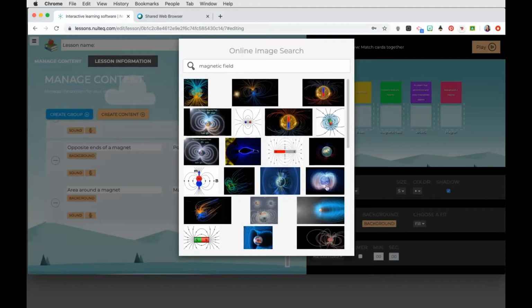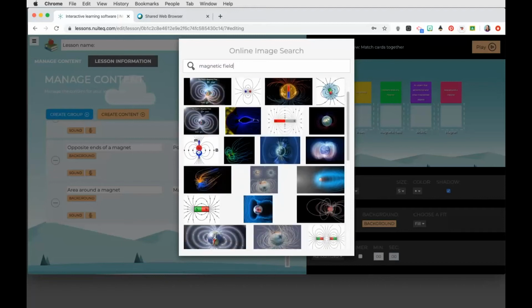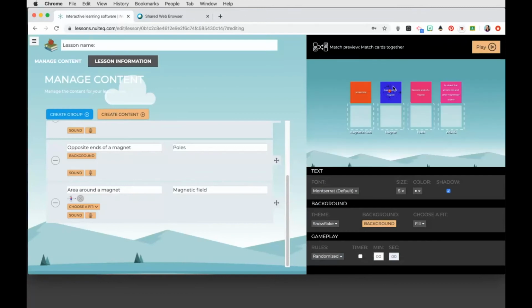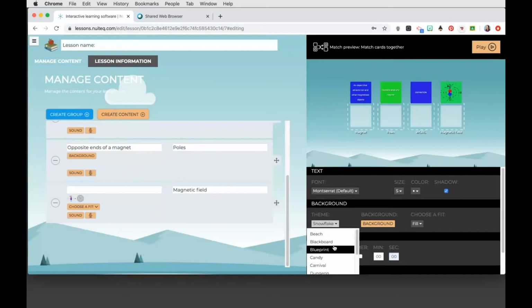Once I find one that I'm happy with, let's look at that one. Simply click. Now that image appears below my text. I could delete the text, and it would just be the image. So very similar to drop, the design being a little bit more simplified, so that instead of the spinning wheel, you have the row. And again, you can go and change all of the fun backgrounds, adding in your own